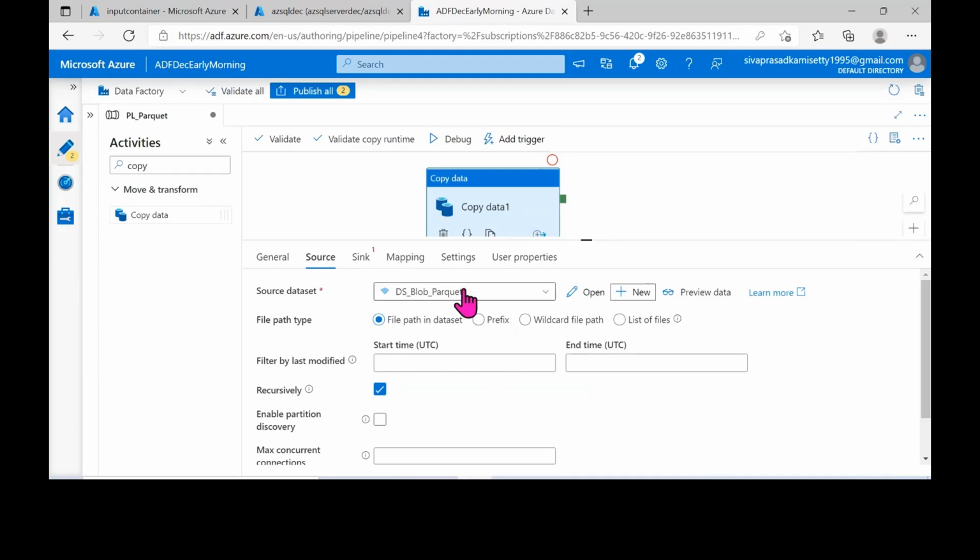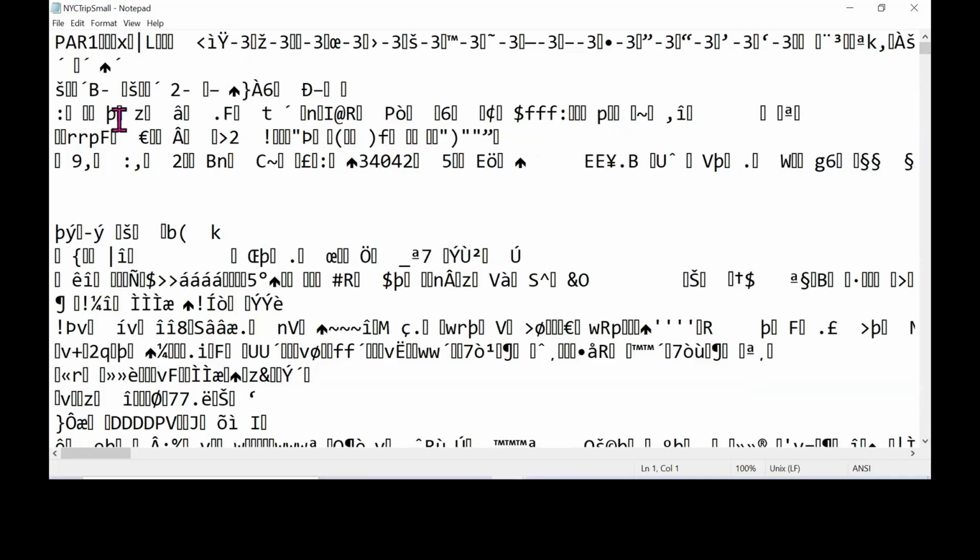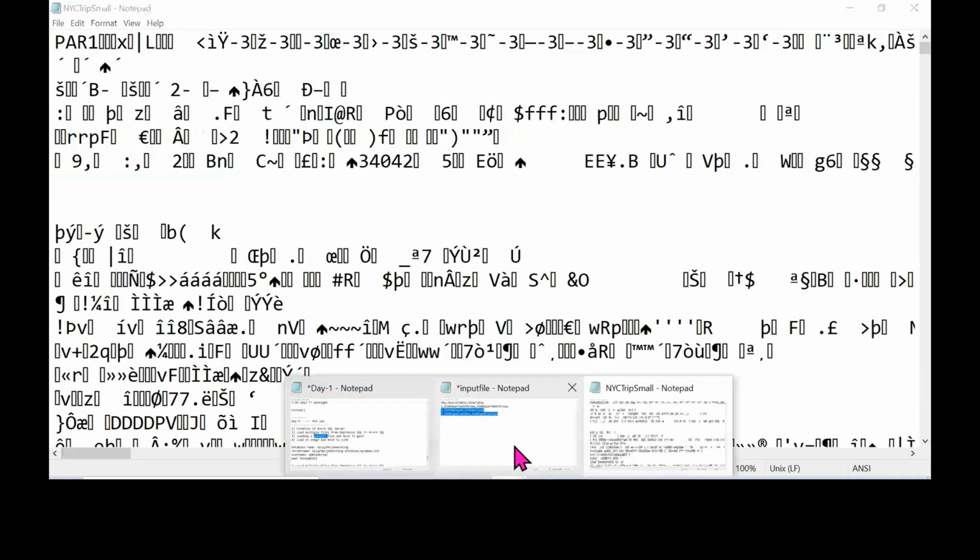Okay. Thank you. So here you are choosing your particular data set. If you choose here, what are you able to see? This is in the Parquet format. If you preview it, normally if you open and see, it will be like this. Parquet is a column based storage. Your CSV file will store data row by row, row by row, row by row. Coming to this Parquet, it will not store in the row format. It will store in the column format. One particular column's data will be at one side, and the second column will be at the second side. Even if you have 100 records inside that Parquet format,